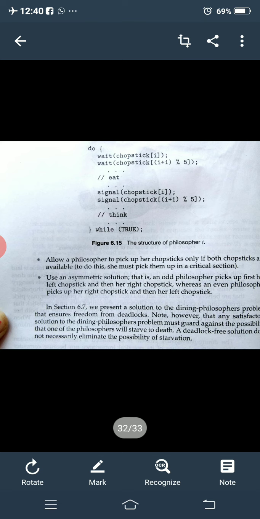Then use a symmetric solution: an odd philosopher picks up the left chopstick first, then her right chopstick. Odd philosophers means the first, third and fifth, who pick up their left chopsticks, and then if the right chopstick is available, it can be picked up. These are a few solutions, and using semaphores, wait and signal, the solution can also be given to the dining philosopher problem. So this is about the synchronization problems.